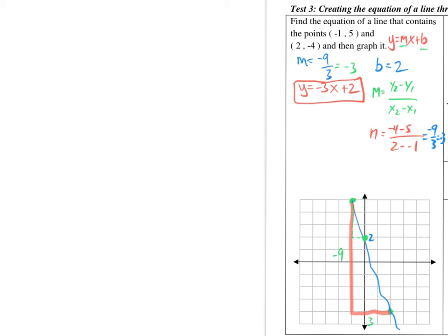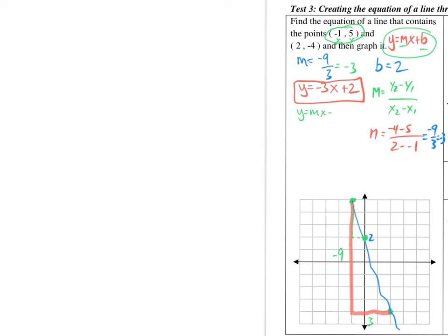Now, our next piece is I want to find b algebraically. I just found m algebraically. Let's find b, your y-intercept, algebraically. So to find that, I'm going to use this equation right here. I'm going to choose any point. I could choose either of these points. I'm just going to choose this one. So I'm going to choose this point right here. Isn't this x and this is y? So for y